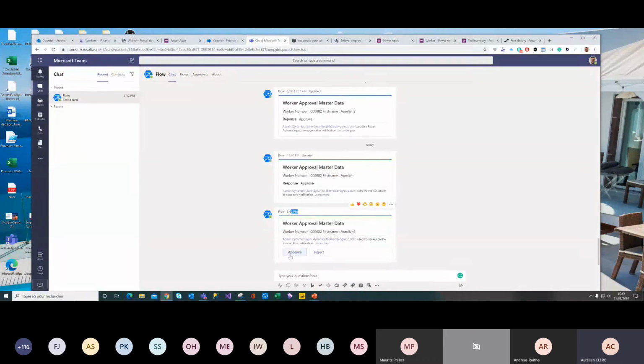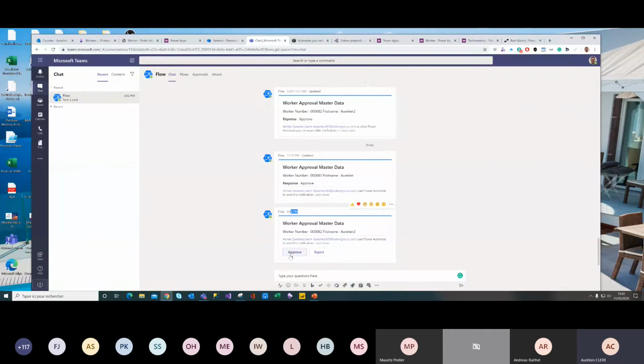So as in the previous session on business events for Power Automate flow with workflow, you can also send notifications not by mail but by Teams, because as I said, you now have a lot of connectors in the Power Platform, and you can really notify and ask for approval not only by email.